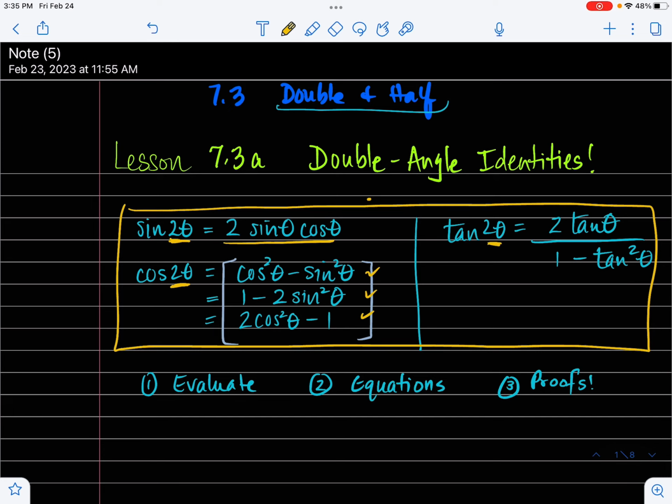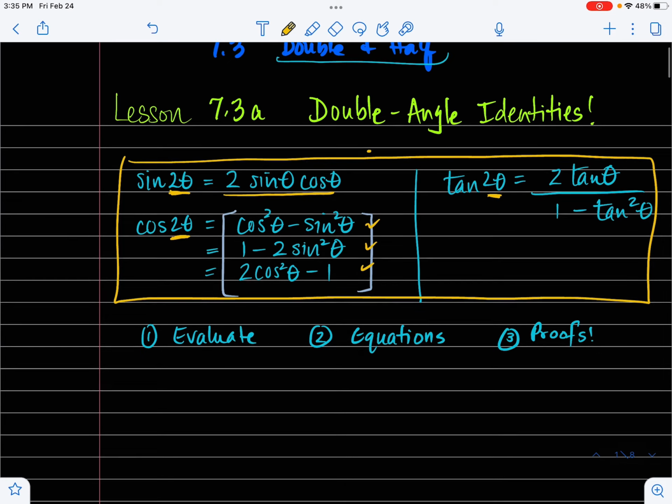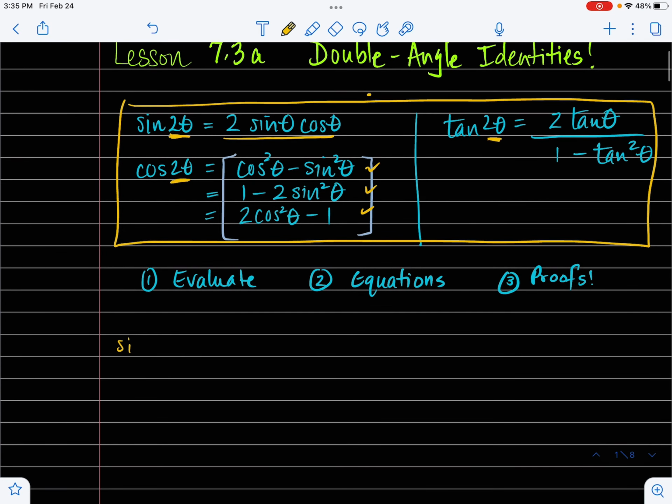Now on the side, I can also show you how these formulas were derived. They're basically derived from the sum and difference formula, so I'll do that real quick with a couple of them. The sine a plus b formula, which you have utilized before, has this formula, sine a cosine b plus cosine a sine b. Now with the double angles, what we assume is that angle A and B are equal to each other, and let's give them a third name. Let's call them both theta. Now angle A and B are both equal to theta. In that case, this formula turns into